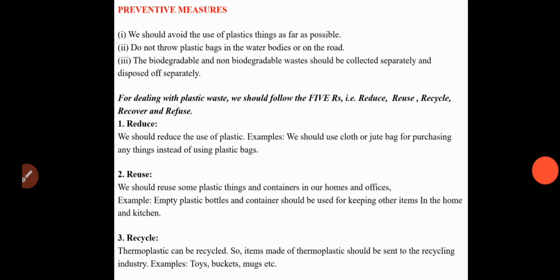Next, coming to how to prevent these environmental problems. Many steps are there. We should avoid the use of plastic things as far as possible. Instead of polythene bags, you have to use paper bags. So paper is a